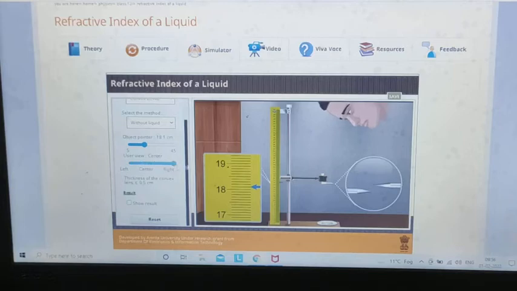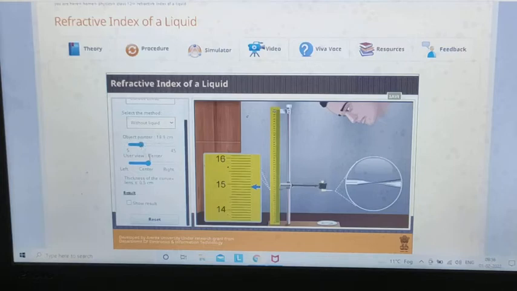Still you can see parallax is not removed. A little parallax is still there. Let's test again.